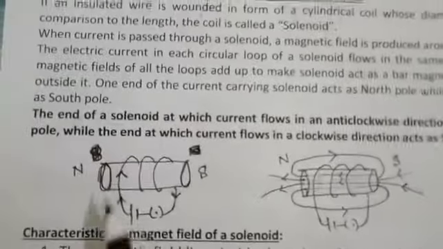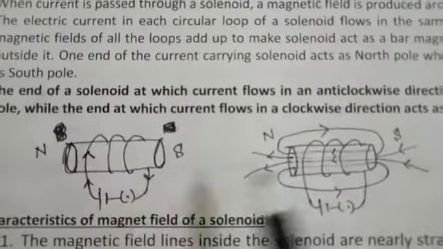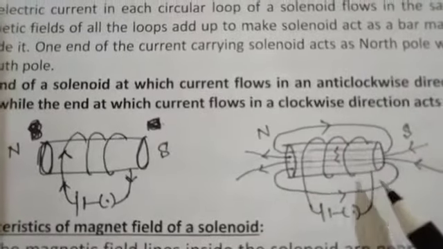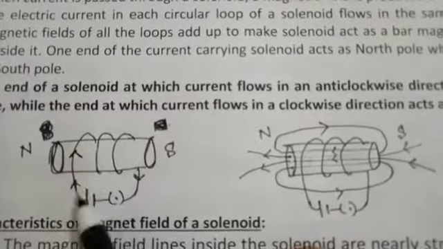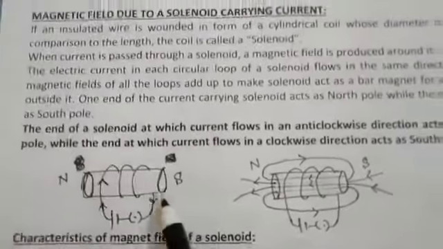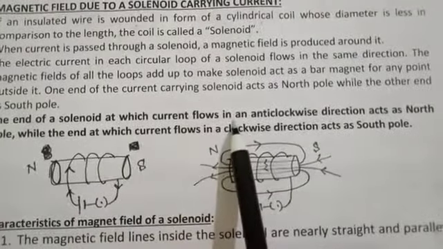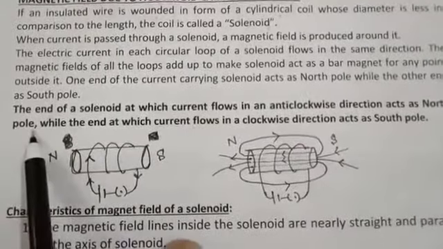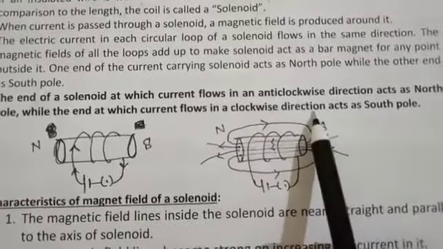So whenever we pass the current through a solenoid, this will create a magnet, and the magnet will be similar in nature to the bar magnet, and the magnetic field lines will be similar to this diagram. Wherever we have an anti-clockwise flow of current, we have a north pole, and vice versa we have a south pole here. And so if you look at the statement here, the end of the solenoid at which current flows in an anti-clockwise direction acts as north pole, while the end at which current flows in clockwise direction acts as